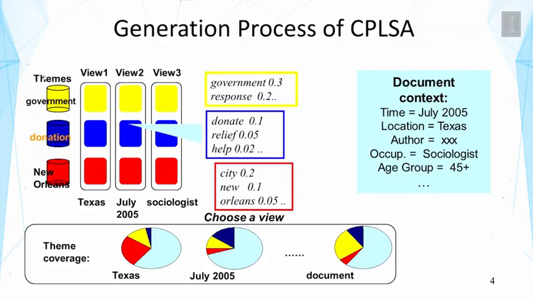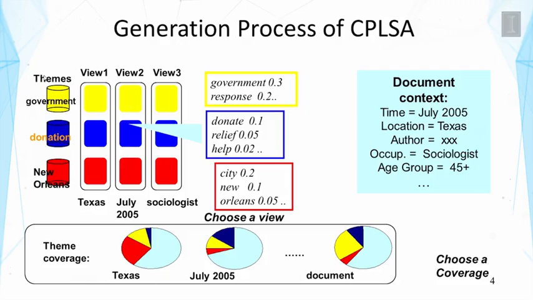Now you can see some probabilities of words for each topic. Now once we have chosen a view, the situation will be very similar to what happened in standard PLSA. We assume we have got a word distribution associated with each topic, right? And then next we also choose a coverage from the bottom. So we're going to choose a particular coverage, and that coverage